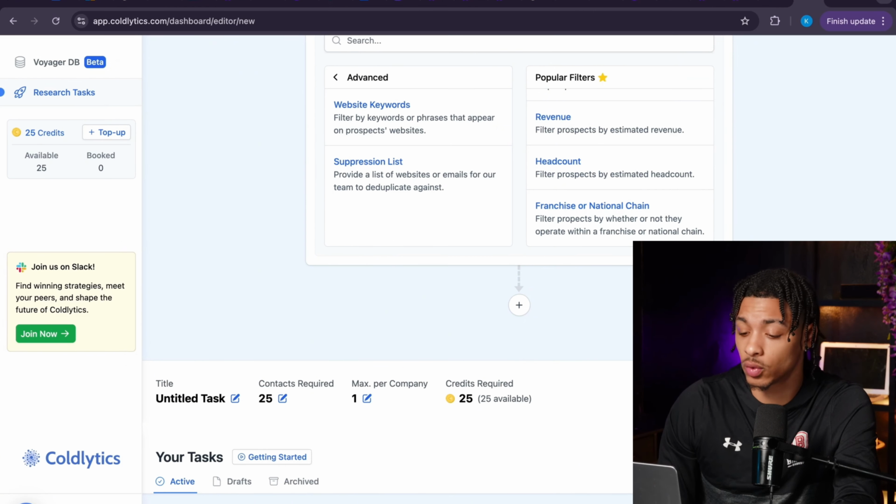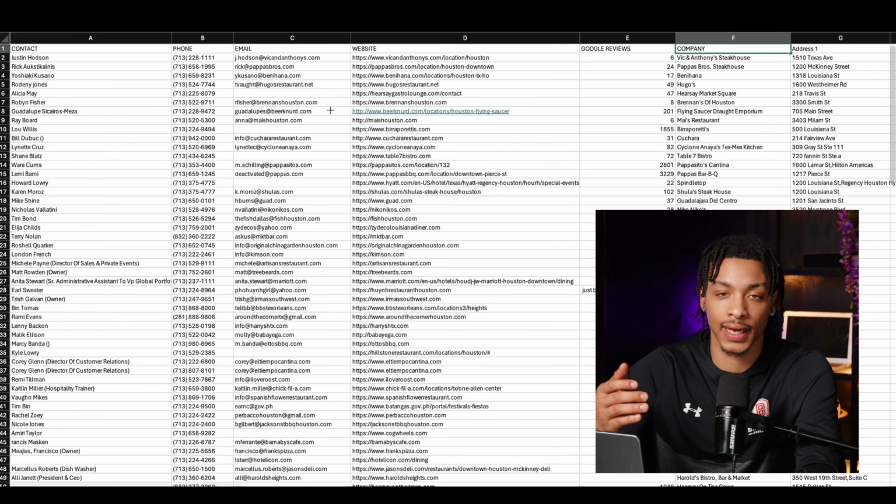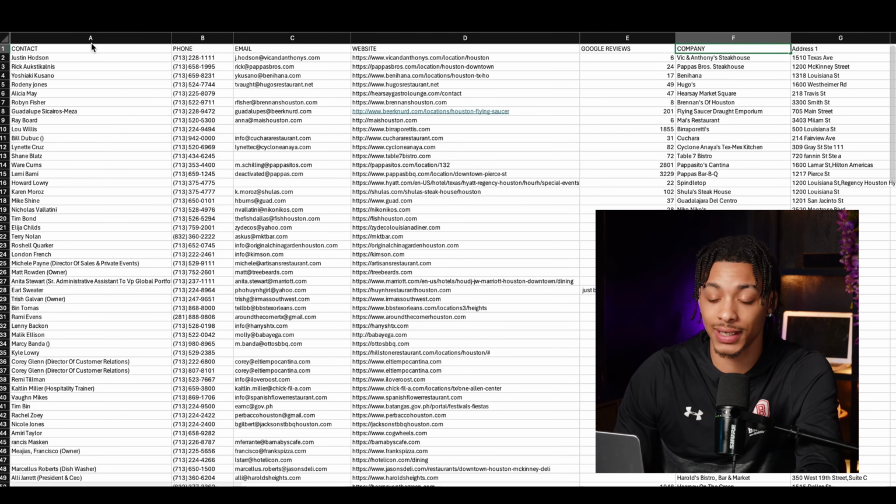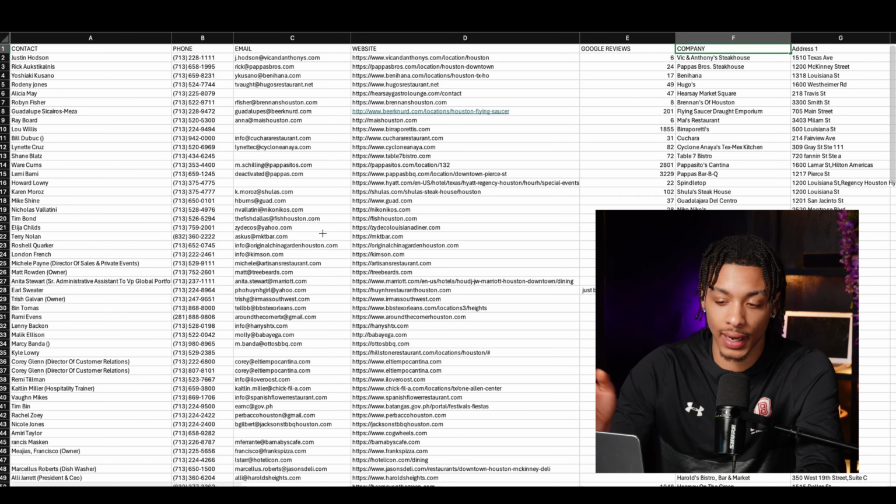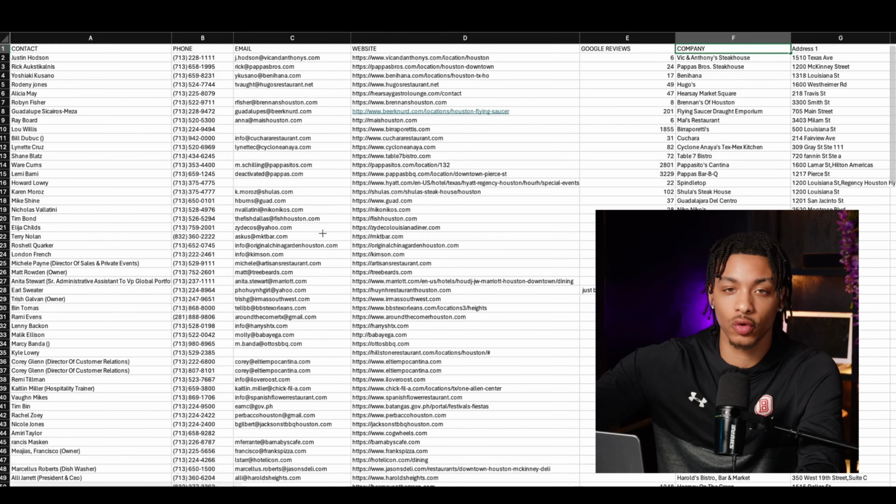What does matter is once you press launch, Colytics AI lead generation is going to generate you an Excel sheet like this with the first name, last name, phone number, email address, website link, Google review rating, company name, address, and whatever other fields you want. This is how you're going to be able to mass outreach to all of these business owners, thousands per day, without having to do basically any work. Now, there are ways where you can do work as well that's going to generate you results faster, but let me show you what this looks like.